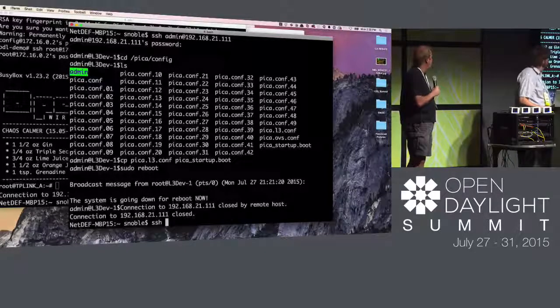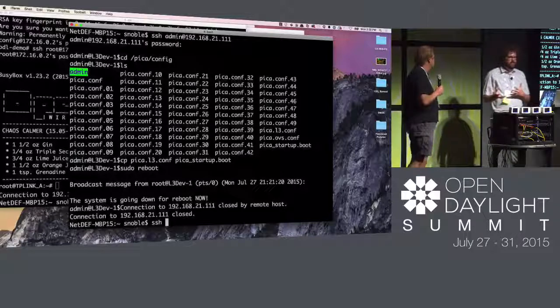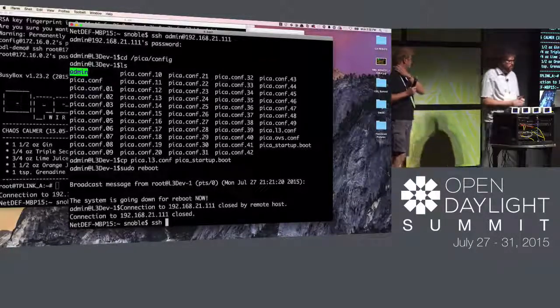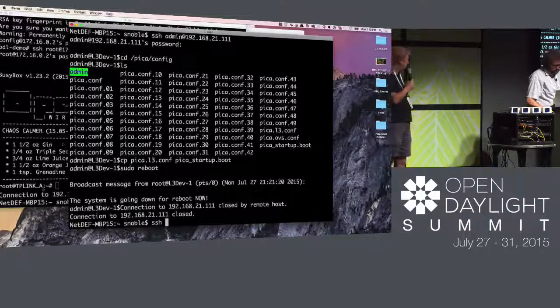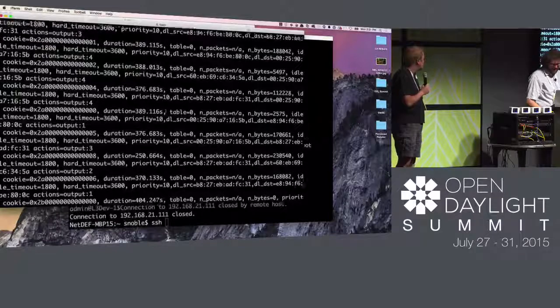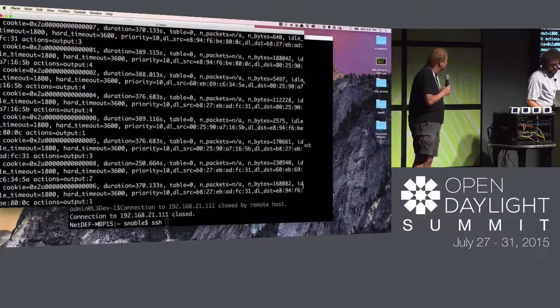I thought about possibly just shoving some flows in via the REST API or something like that. Can you show the programmed flows? Let's see if we can show the flows, how they're programmed in right now. Well, they're not anymore, because I've rebooted everything